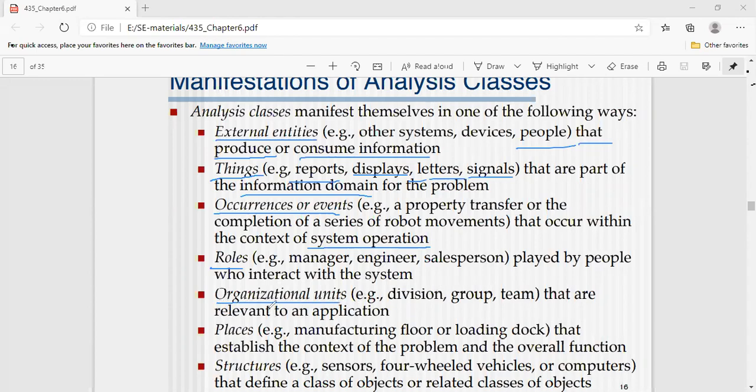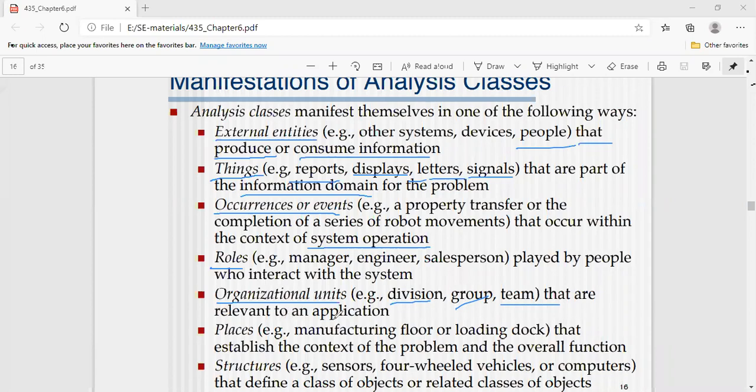Organizational units in the sense, for which purpose we are providing a solution. That is for some groups or some divisions, some groups or some teams that are relevant to an application.